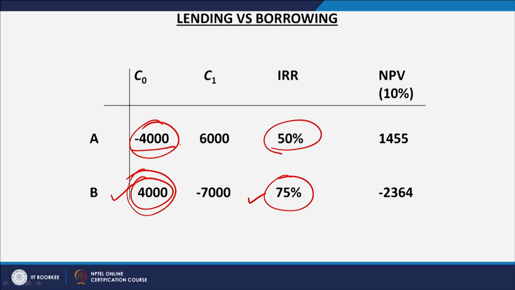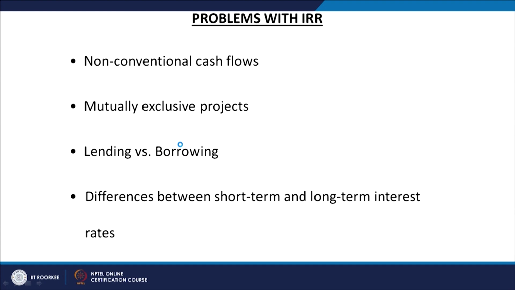And one more limitation here is with regard to the difference between the short term and the long term interest rates. Sometimes what happens, for the short term borrowings the interest rates are different and the long term borrowing interest rates are different. So, it means which cost of capital you have to take as a common denominator to compare the internal rate of return, because cost of capital changes. When you change the cost of capital for the short term borrowing, because both the funds are invested in the business, funds from the short term sources are also invested, funds from the long term sources are also invested, right.